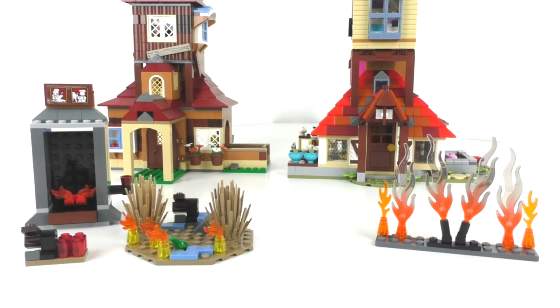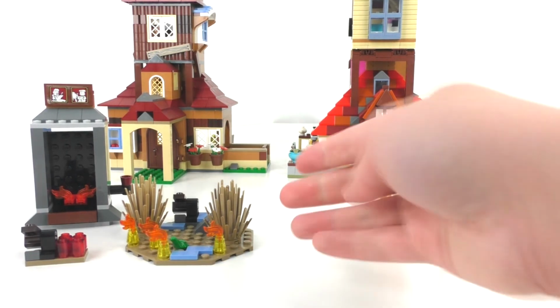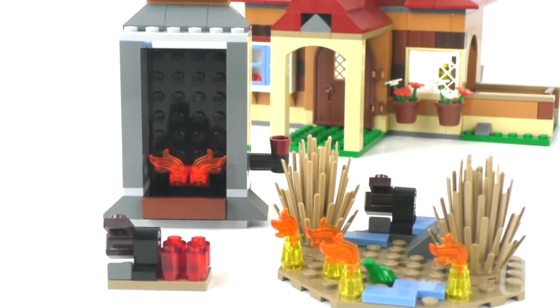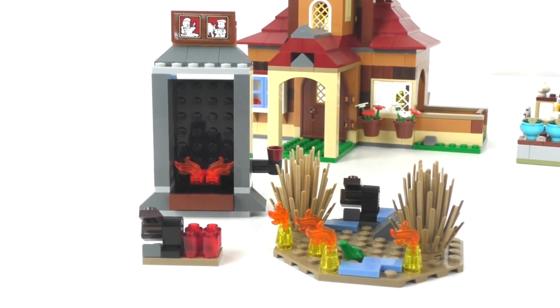When it comes to the smaller builds within these sets right here, we only get one small build within the 2020 Burrow, which is this small little fire display. And then for the 2010 Burrow, we get a lot more of these smaller builds. So taking a quick look at these, we don't really have anything too similar to the new Burrow within these